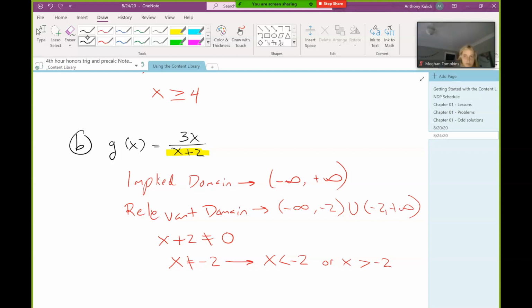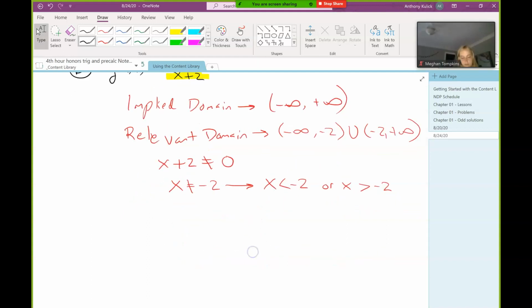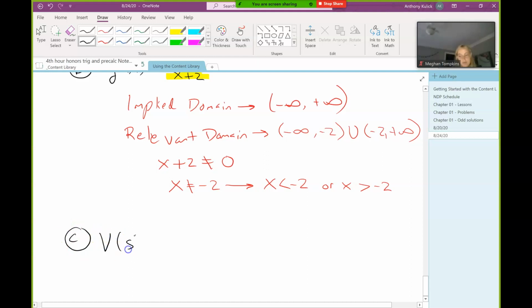So whenever you're dealing with these rational functions, you'll almost always have a union involved like that, because there's usually one half of it before the vertical asymptote, and then one half after the vertical asymptote. And if you have more than one vertical asymptote, you're going to have possibly more than one union, right? Everybody's okay with that idea? Okay. Good.